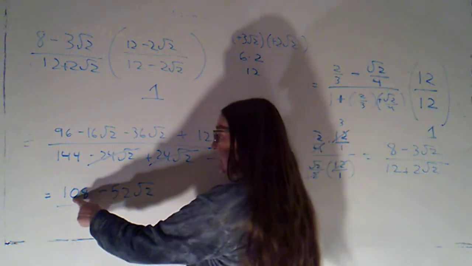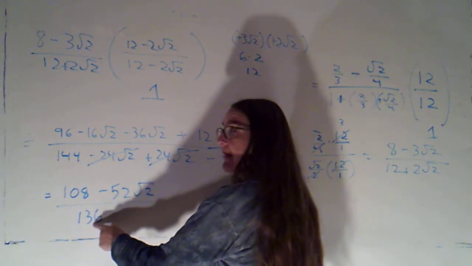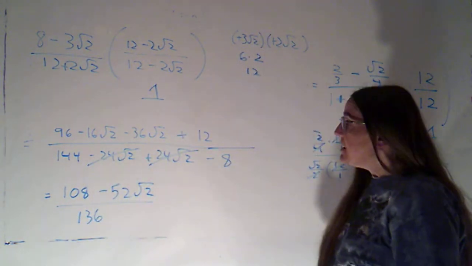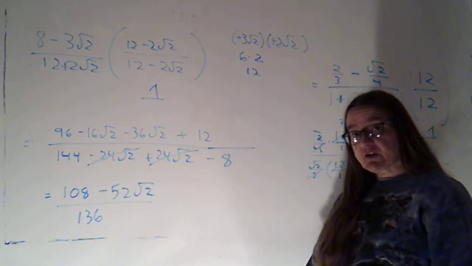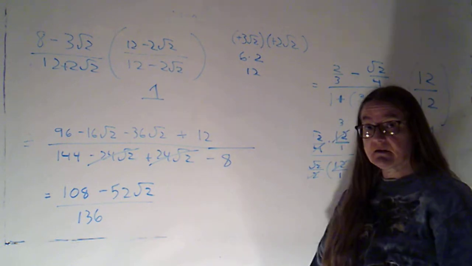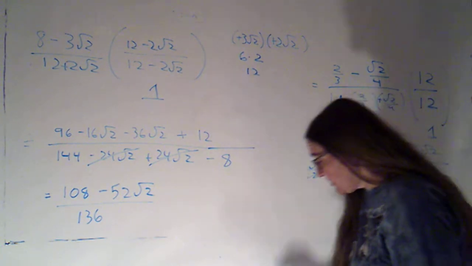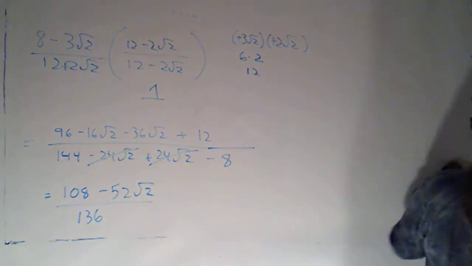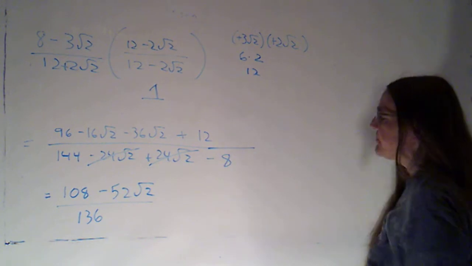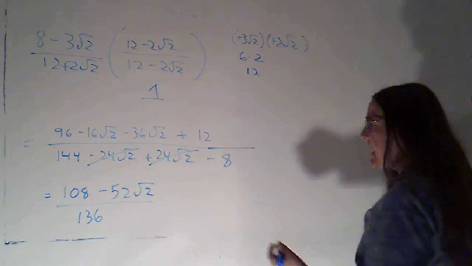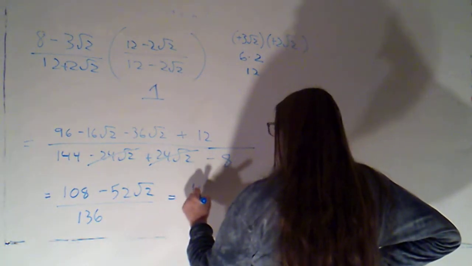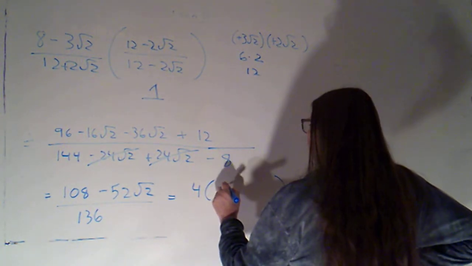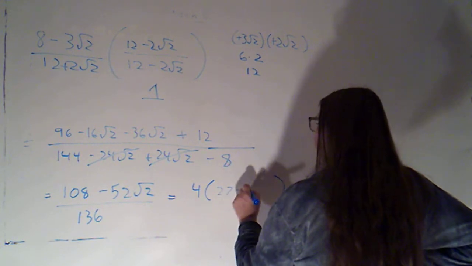Now I know I can't cancel just that with that or just that with that, but I can see that I could cancel some stuff from each piece. So I can either factor something out from the top and then cancel, or I can distribute the division and then cancel two fractions. I'm going to do it both ways just because people may vary on what they prefer. Looks to me like 4 is the biggest thing I'm going to be able to pull out. So I'm going to try factoring out a 4 on top,